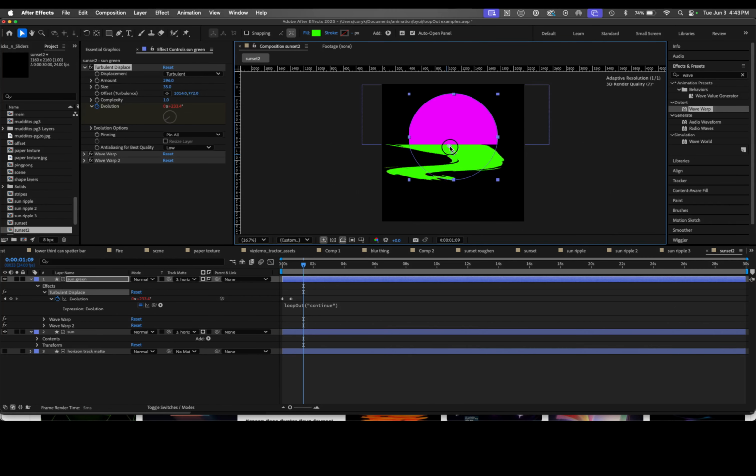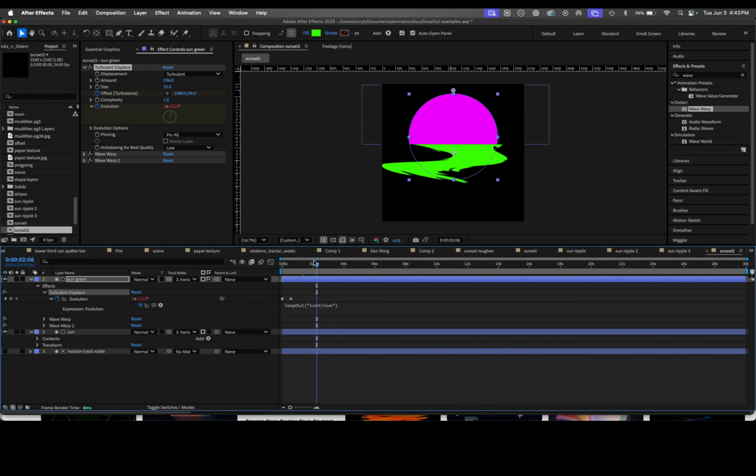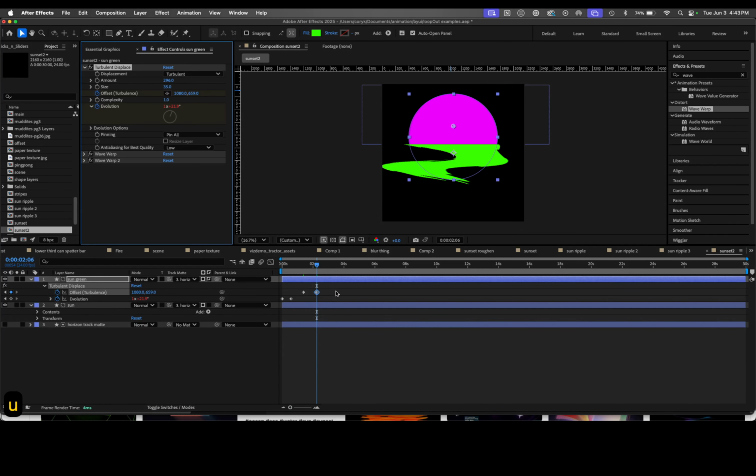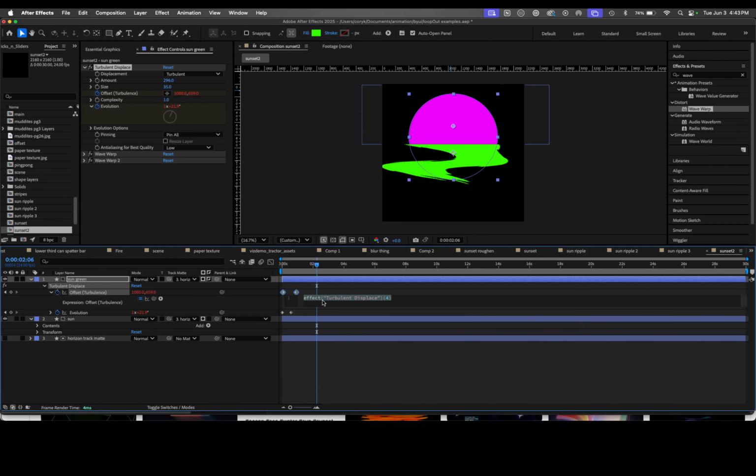And so one of the things that I could do is on that offset turbulence, I could just come up like this, move it to the top, turn this on, move my playhead and move this down a little bit, and then just do the same thing that I did before, right? So I now have this, and I'm going to option click, and I'm going to do a loop out,